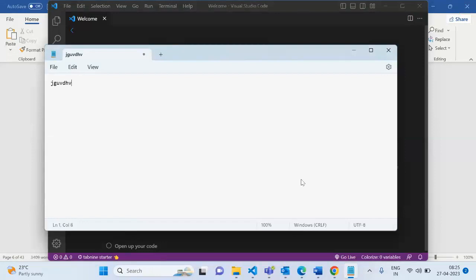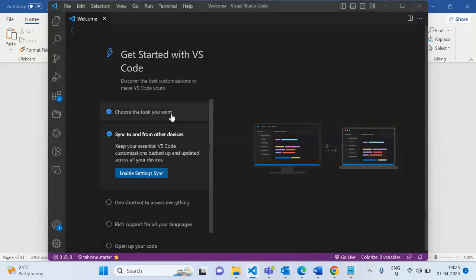In Notepad, you type the text like this. If you want to type something, you should have a Notepad. In the same way, if you want to write the code, you should have a text editor. For HTML, you can use Notepad, or if you want an advanced one, you can use Visual Studio, VS Code.